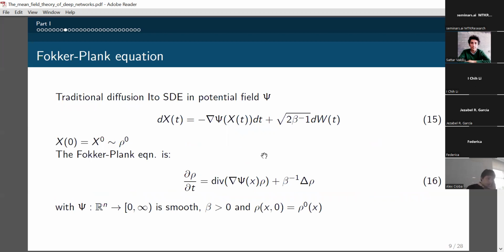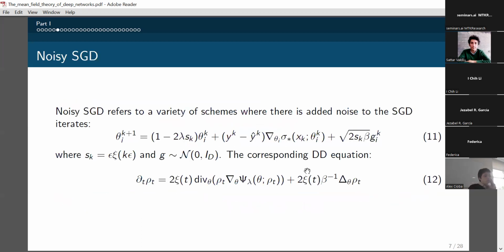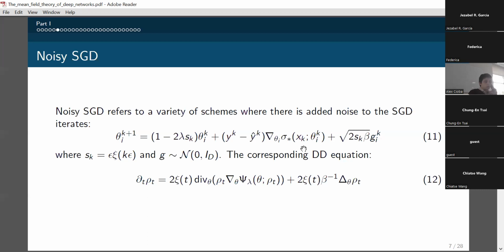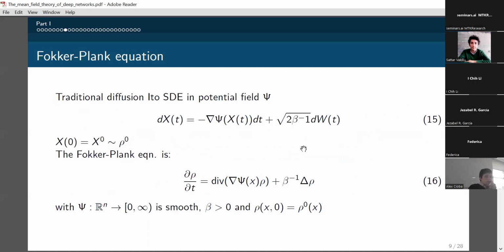The standard Fokker-Planck equation associated to an Ito diffusion SDE is given by equation 16, and you can see that it's exactly the same as the distributional dynamics proposed for noisy SGD, with the exception that the coefficients themselves can